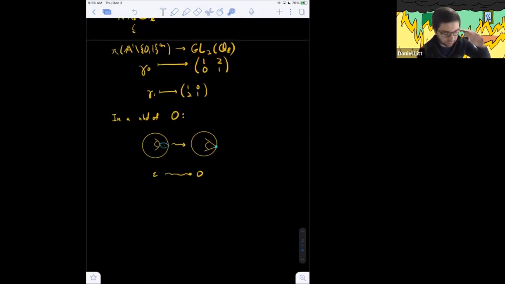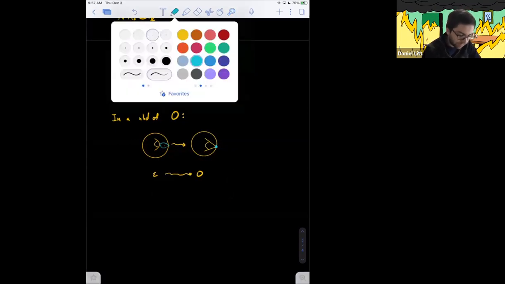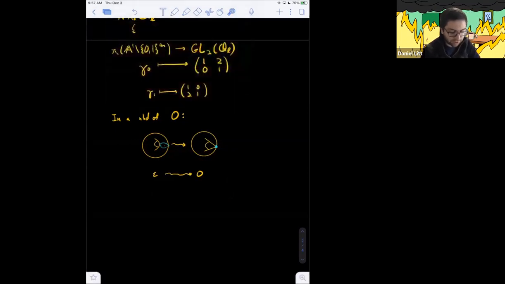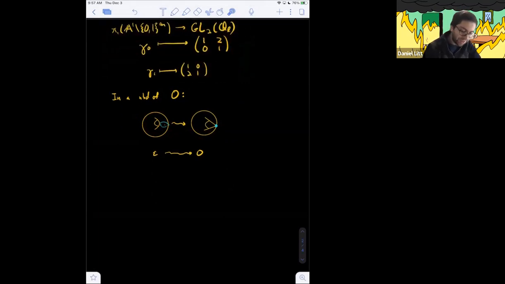It's not totally obvious. So what this monodromy matrix says is that as you go in a loop around zero, you're doing a Dehn twist around this loop. So what that means is you're cutting this torus along this loop and then rotating 360 degrees and then gluing it back. Actually, in this case, you're going 720 degrees. So you're doing that twice. That's what this 2 means.